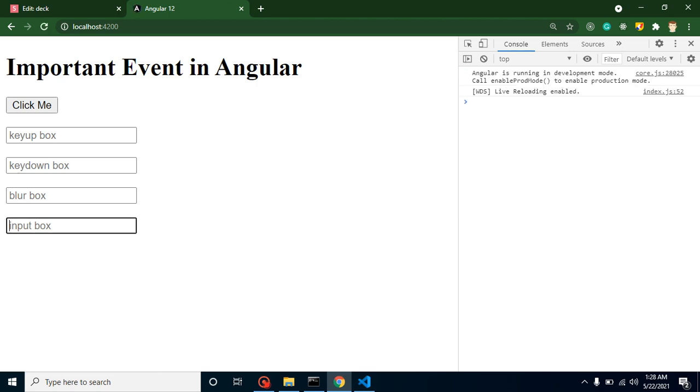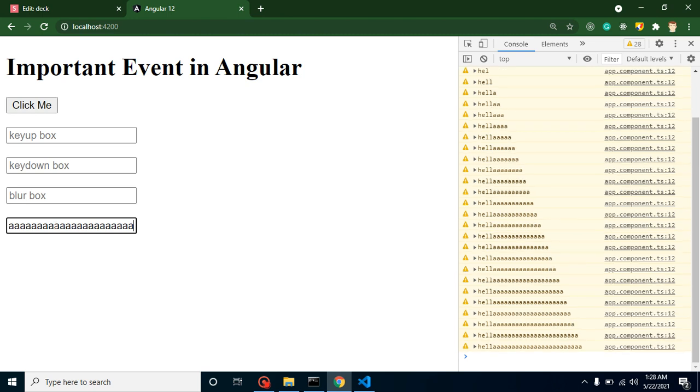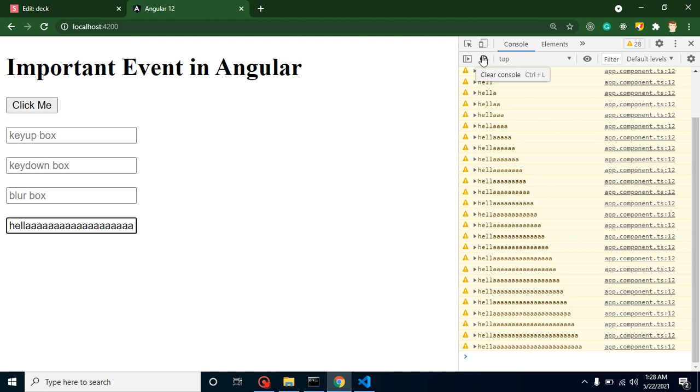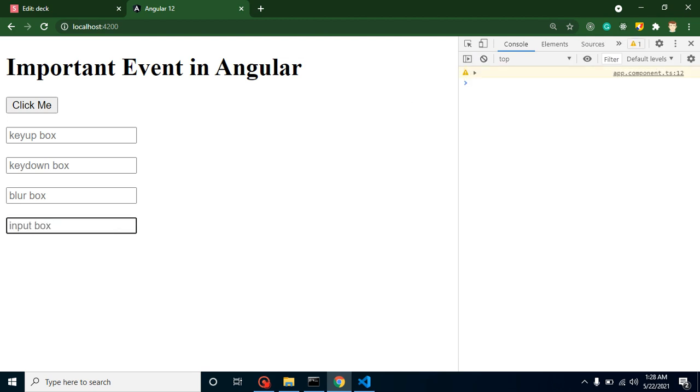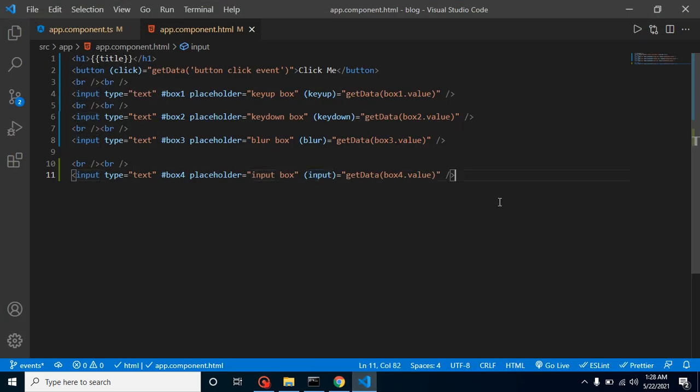So whenever I write something here, it will give the result like key down, right? This is very similar to it. So you can use key down or you can use input. Both are similar, and you can also compare it with key up, because key up gives the result when you continuously use different keys, right? Great.